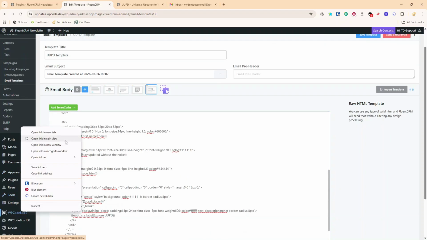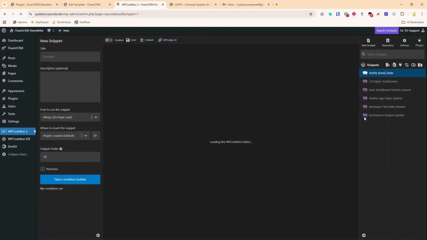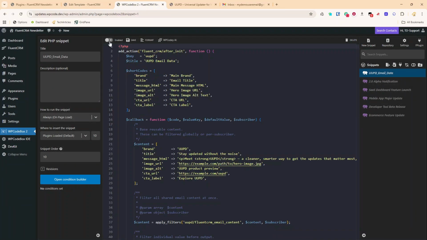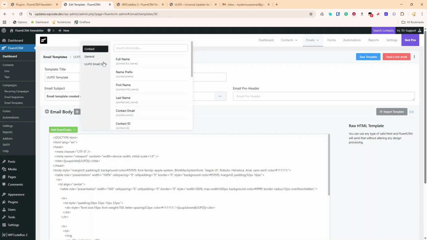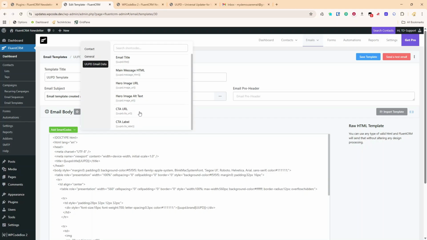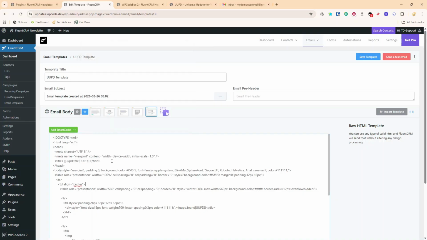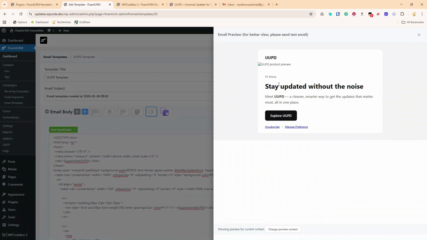So I'm going to open WP CodeBox, and I'm going to activate a snippet, and that's this snippet here. And this adds some more shortcodes for my UUPD template. I'm just going to refresh the page, and you'll now see in my smart codes I have a new set of smart codes, and they are brand, title, main HTML, hero image URL, hero image alt text, CTA URL, CTA label. And on the front end, brand, image, title, HTML,